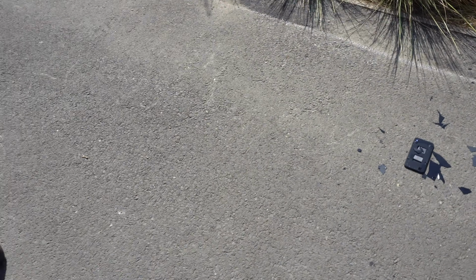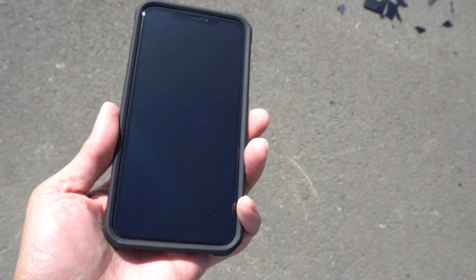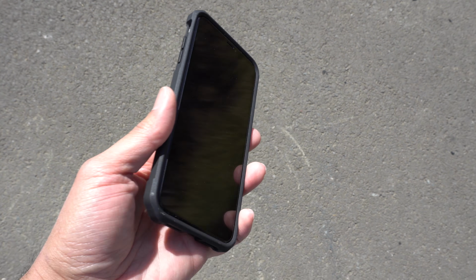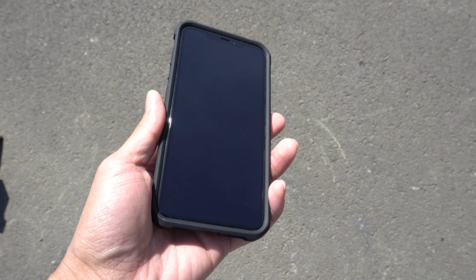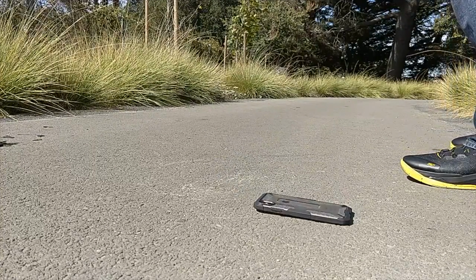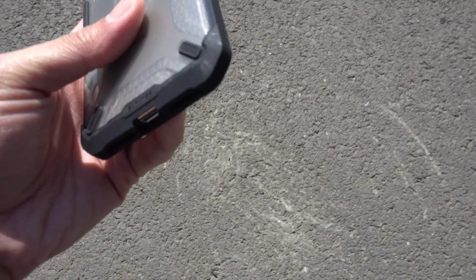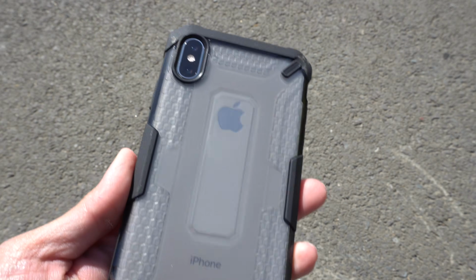So this drop will be, let's say you're walking around, you're texting, you just have your phone like this, right? One-handed like this, you're walking around, whatever, and then you just mishandle the phone and you drop it like this. So I'm gonna do that right now. In 3, 2, 1. Okay, that looked like it landed on the back, but as you can see, the case is doing its job,